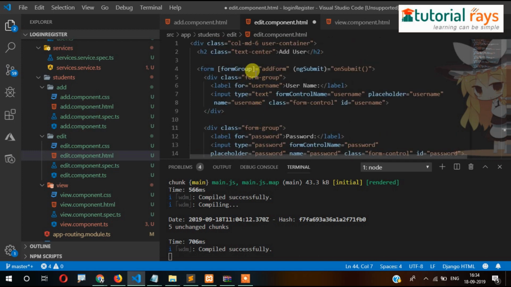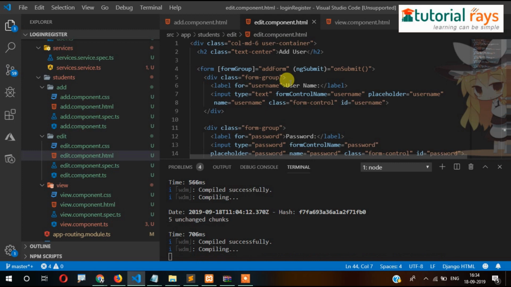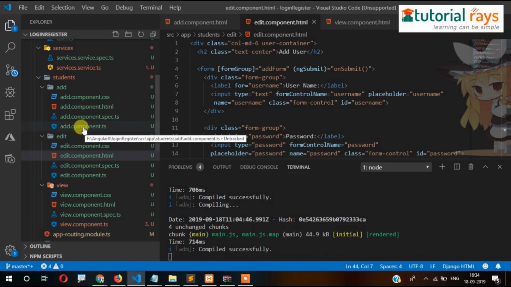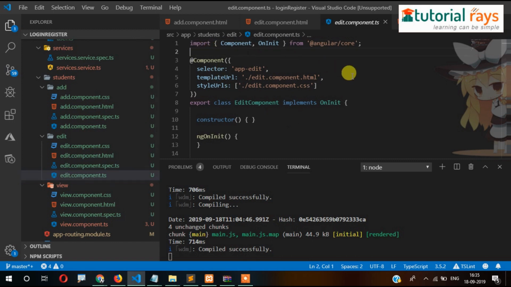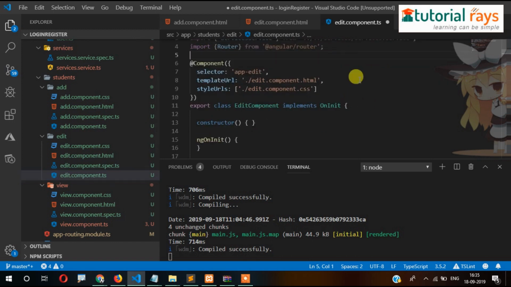Paste. And then add component. So services from group. Copy and then root component, paste here, right, and then